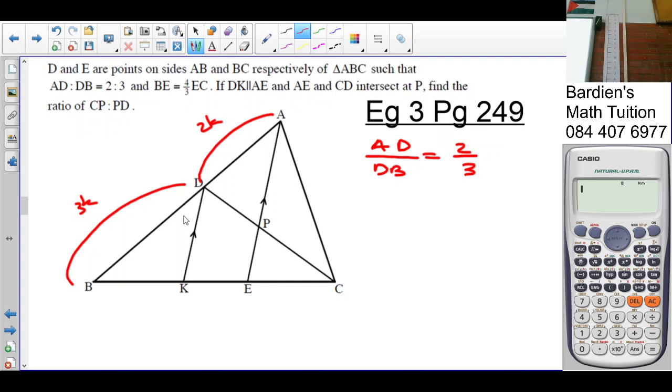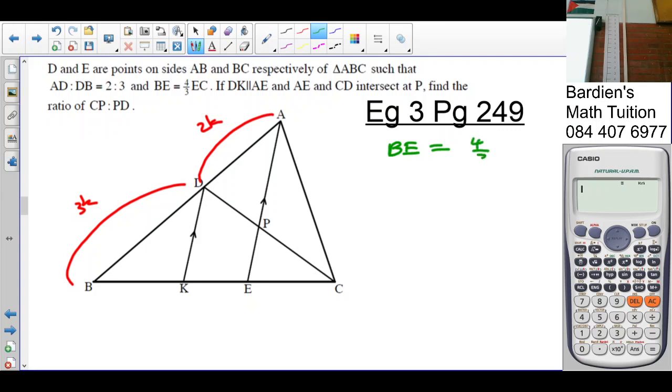Right. Then we are told, and this is how you tackle the geometry. You'll see also when I did the circle geometry as well. As I'm reading, I extract that information and fill it in on the diagram. It makes life so much easier. I know some of you are far past that and you can just fill it in afterwards. But the majority of us, we need to write it down first. So BE